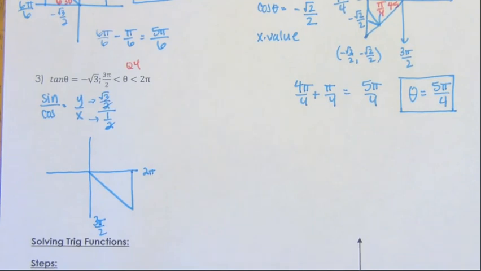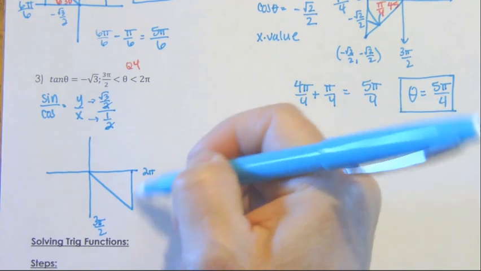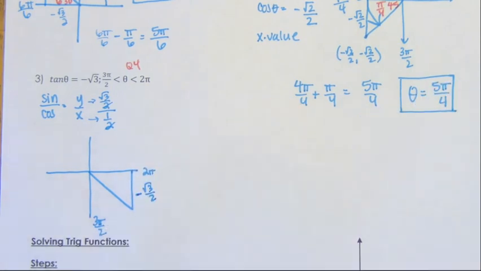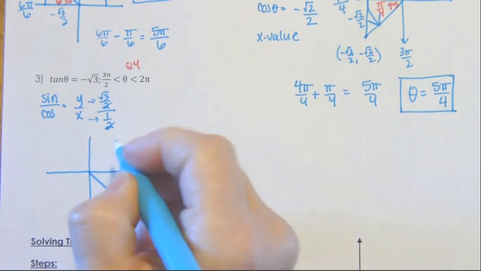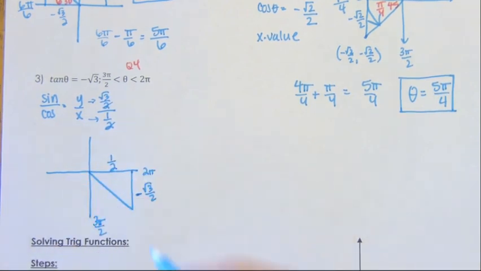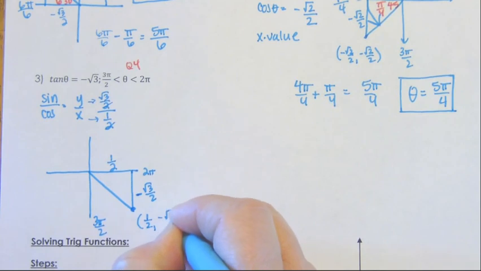All right, so let's label this. The y value is radical 3 over 2. That's the side going down here. Since it's going down, that's going to make that negative. My x value is the one that's 1/2, and it's positive because it's going to the right. If I were to write this as an ordered pair, my x value is 1/2, my y value is negative